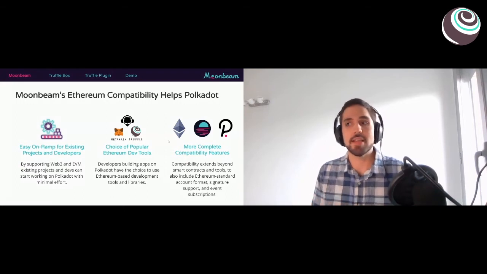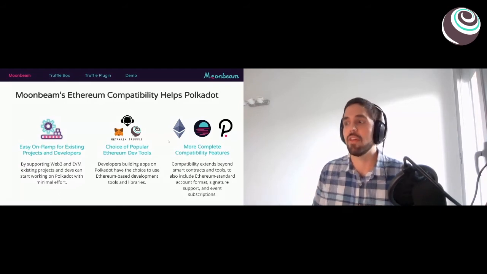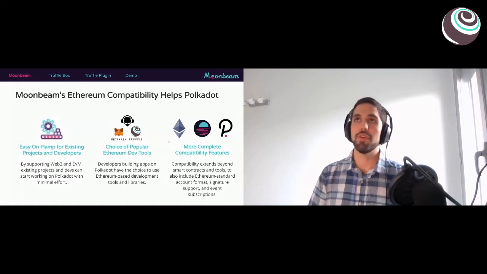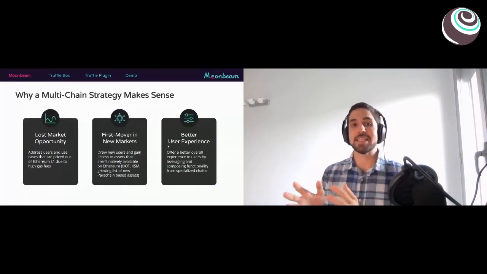Economically, it doesn't make sense, right? So the idea is that they're losing market opportunity because it's a project that cannot actually be successfully deployed due to the economic conditions right now. They're on Ethereum with the high gas fees and all that. Also, if you think about it, you can draw new users and gain access to assets that are not available